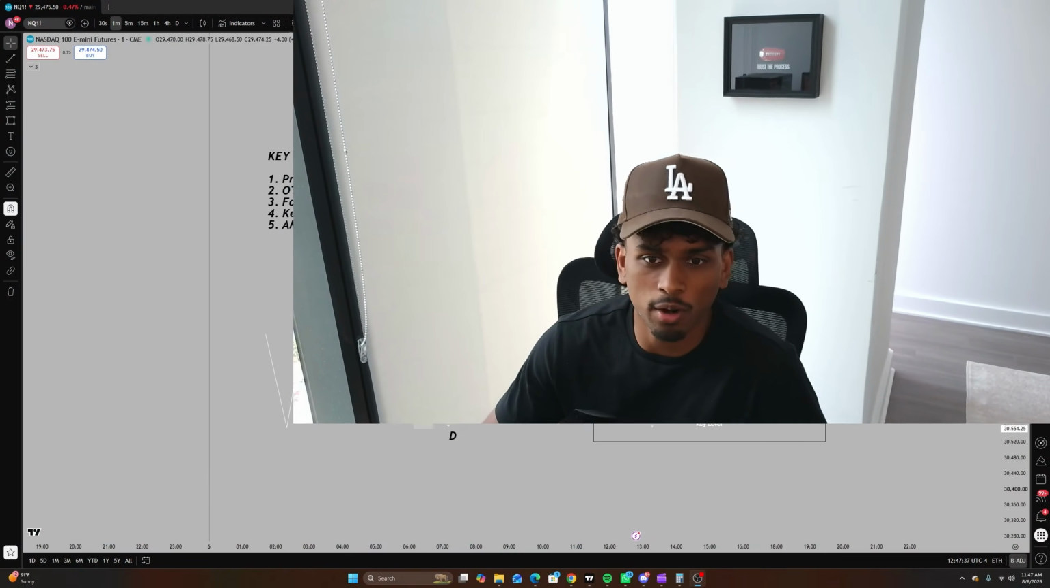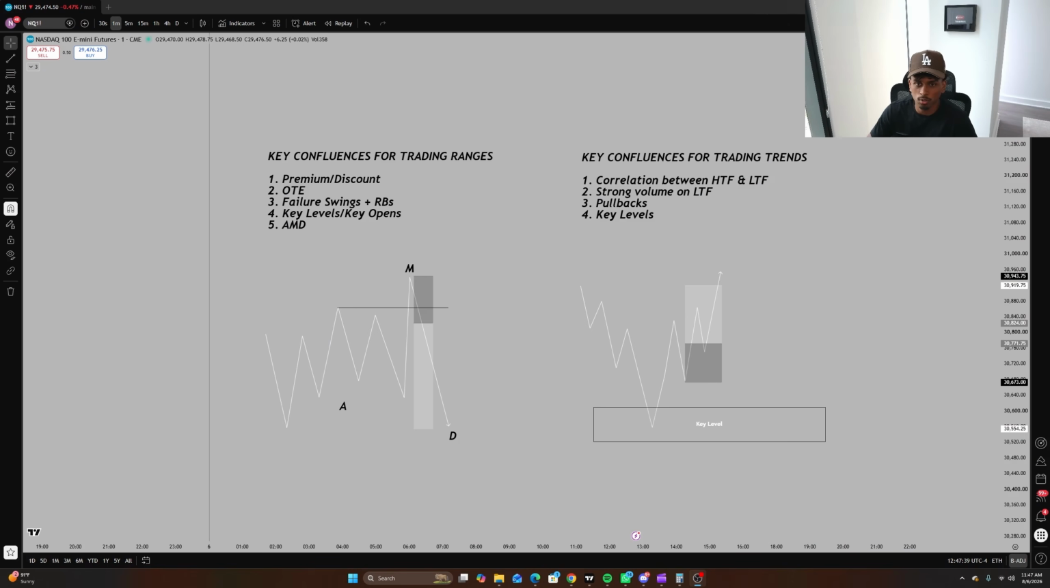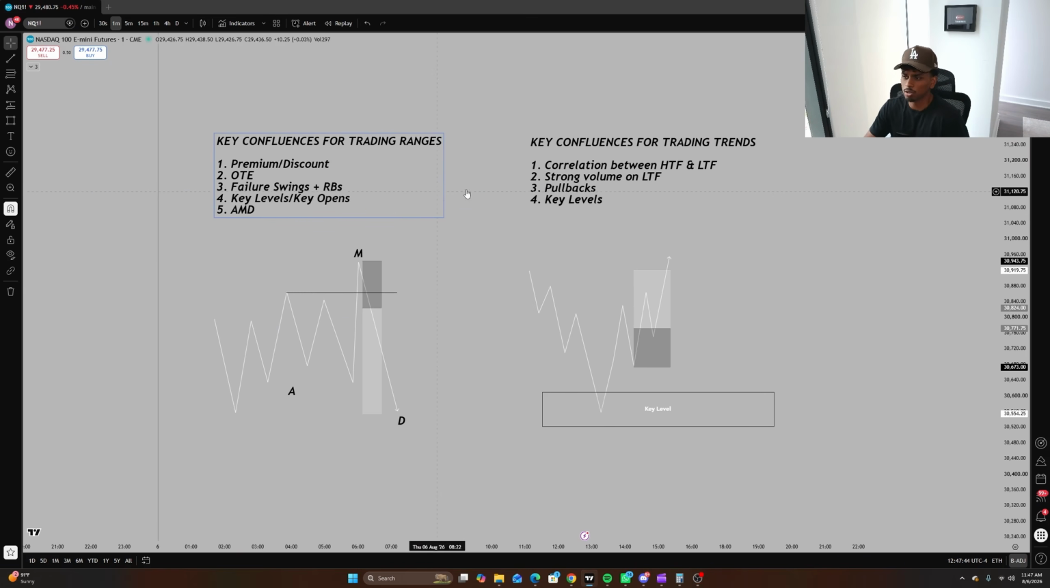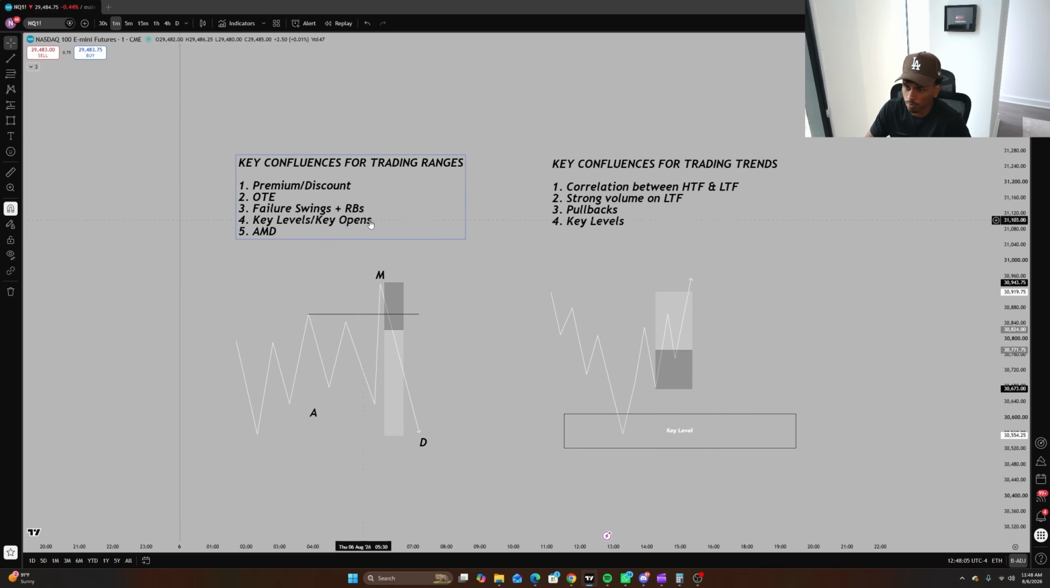I have this diagram pulled up here on TradingView. If you guys can take a look really quick, I just illustrated two lists: key confluences for trading ranges, key confluences for trading trends. So the main things that we need to look for, I also have examples throughout the past week of price action, real trade examples that you could have taken and that were valid within trading ranges and within trading trends as well. So if we go ahead and cover the first list really quick, talking about trading ranges,